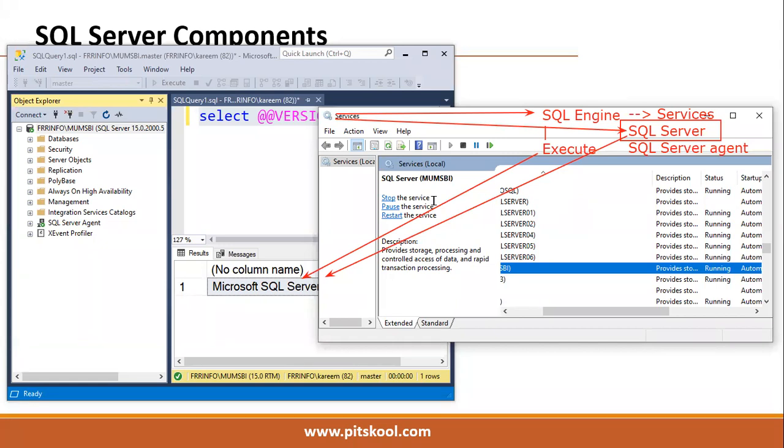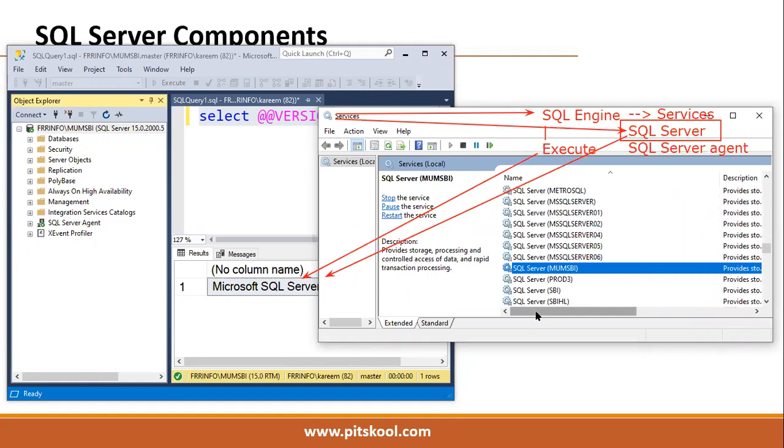We are just disconnecting from Gmail. It's meaning, yes, that's the same thing. Remember, whenever we close this SSMS, we are just disconnecting from the server. See, is the server running or not?